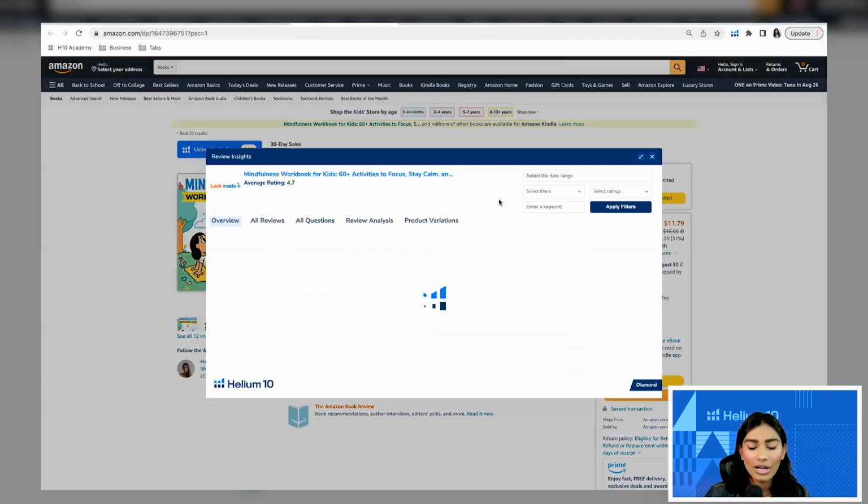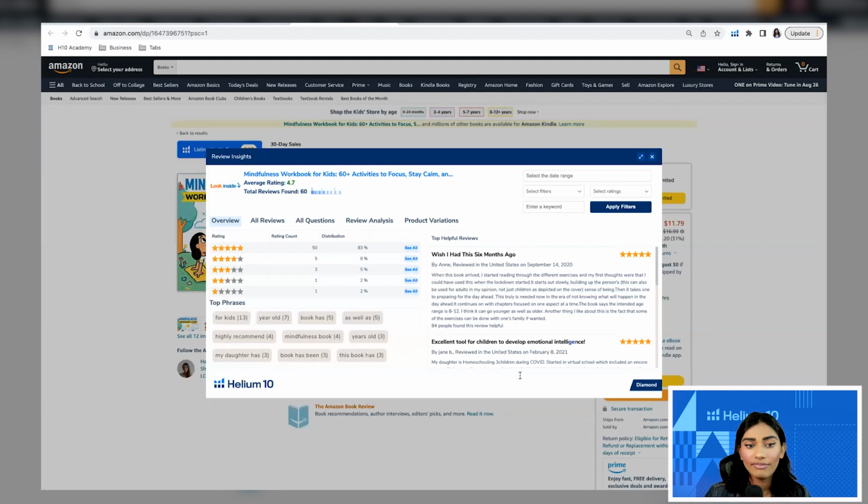And if there's thousands of reviews on a book, you can find not only keywords that you want to include in your listing by taking a look at the top phrases of what shows up most in reviews. So this right here is a bit vague, right? Sometimes in some niches, you'll find it a lot more specific. So mindfulness could also be associated to maybe gratitude or manifesting, finding peace or accepting obstacles. You'll find some of those things if they're really talked about in reviews in the top phrases section or in